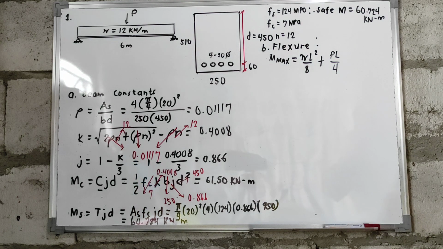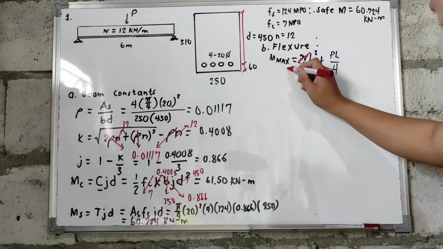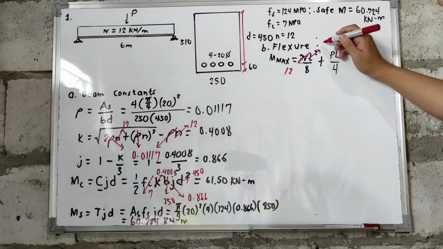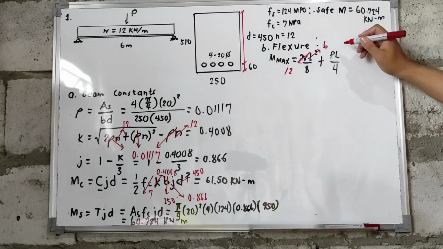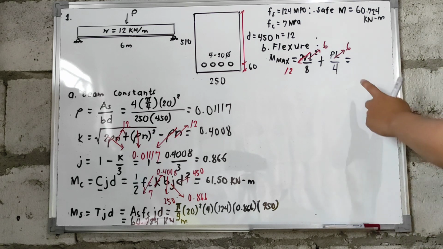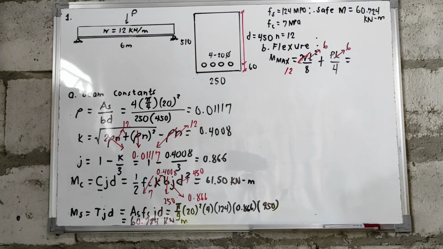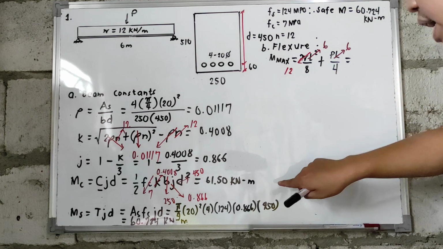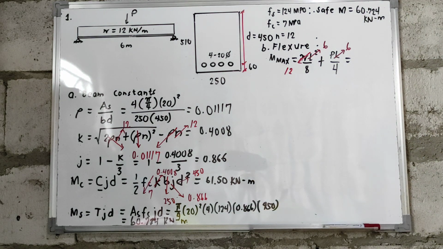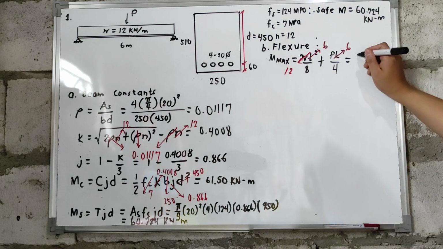So we have a value of W na 12 kilonewton meter. Yung L naman natin, that is 6 na naka-squared. So yung L natin dito, that is 6. So yung Mmax natin dito, i-equate lang natin to the value ng safe moment na nakuha natin between the resisting moment ng concrete at saka yung resisting moment ng steel,